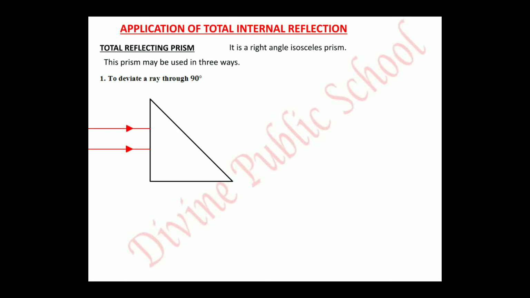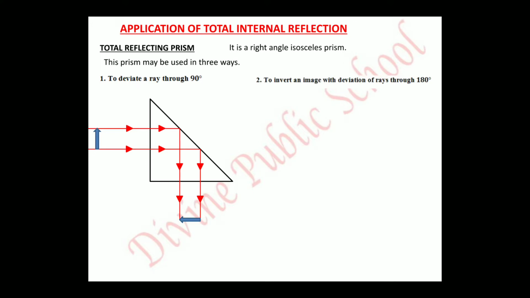If rays of light fall on a surface normally, then what happens? Since they fall normal, perpendicular on the surface, no refraction takes place and they move on to the other surface. Now at this surface they fall at an angle greater than the critical angle and they get reflected inside the prism only. Now what happens? Again they fall on the surface normally, so they move straight, they suffer no refraction. So here we say that the rays suffer a deviation of 90 degree. This is the first way.